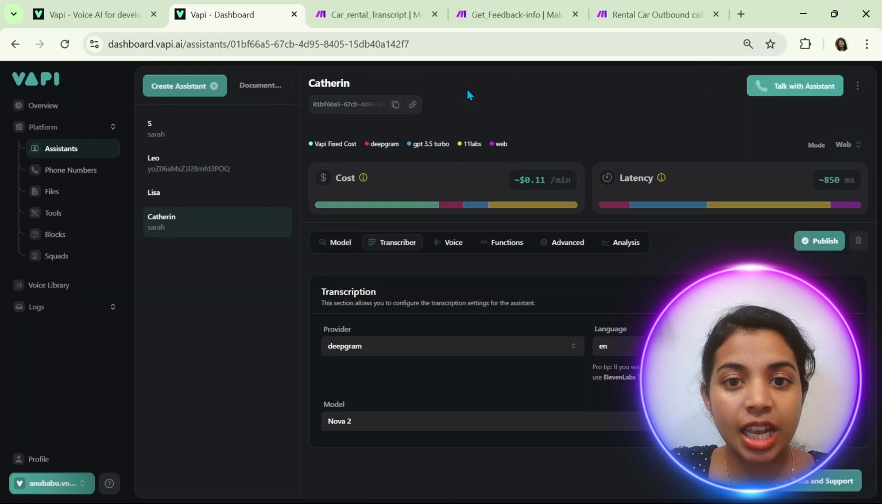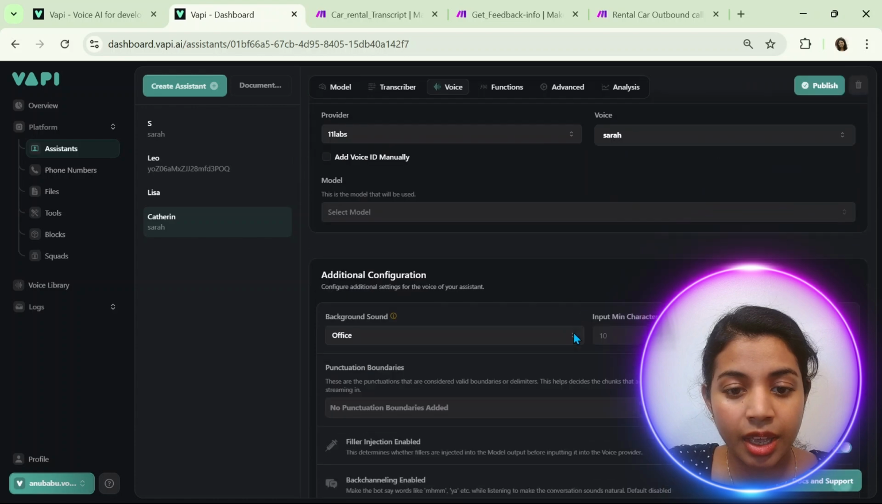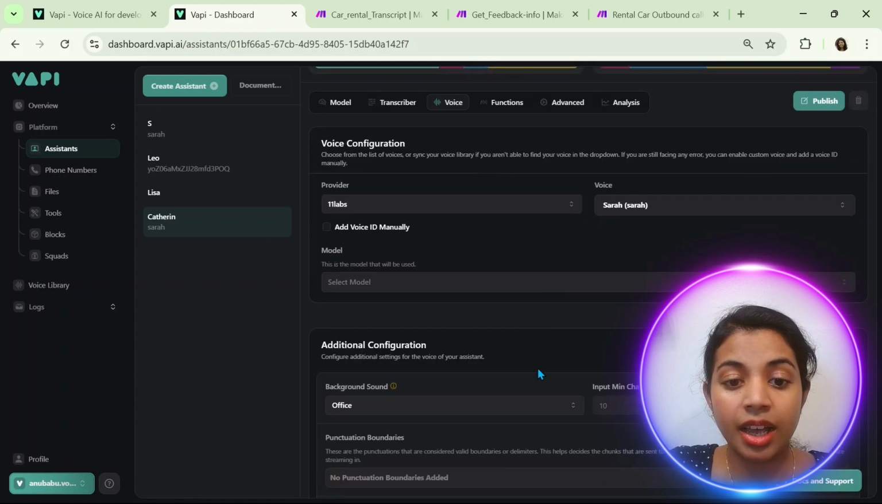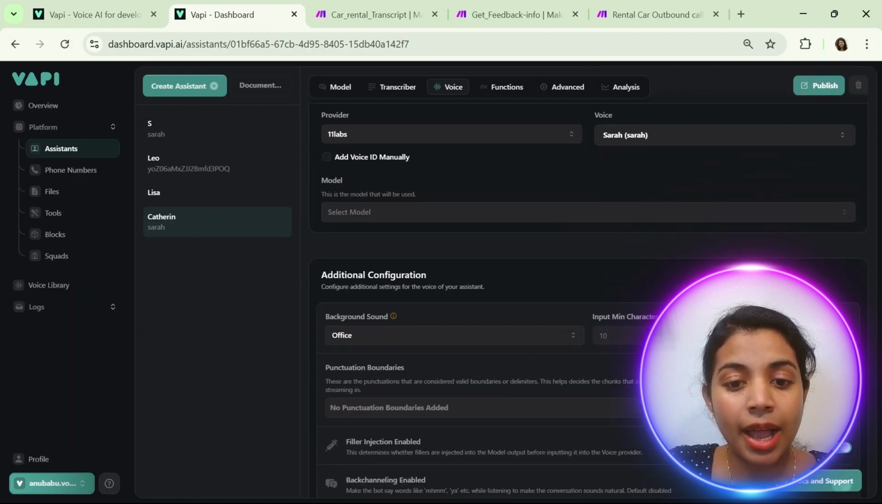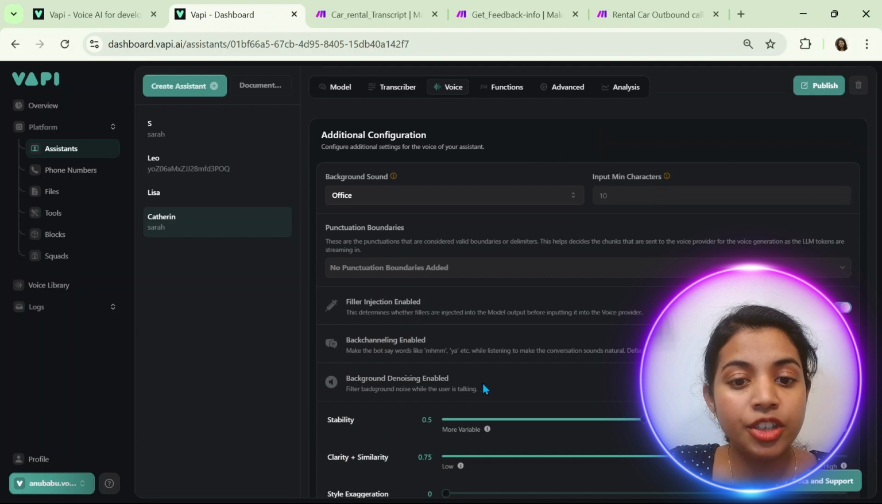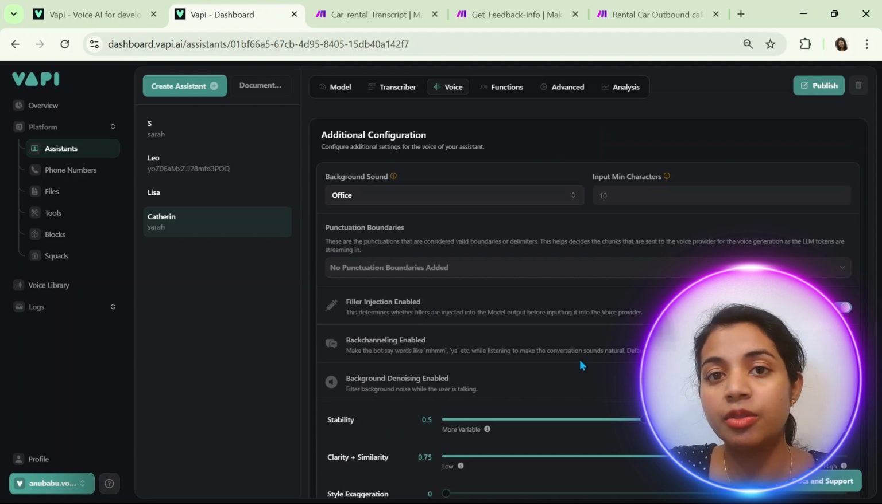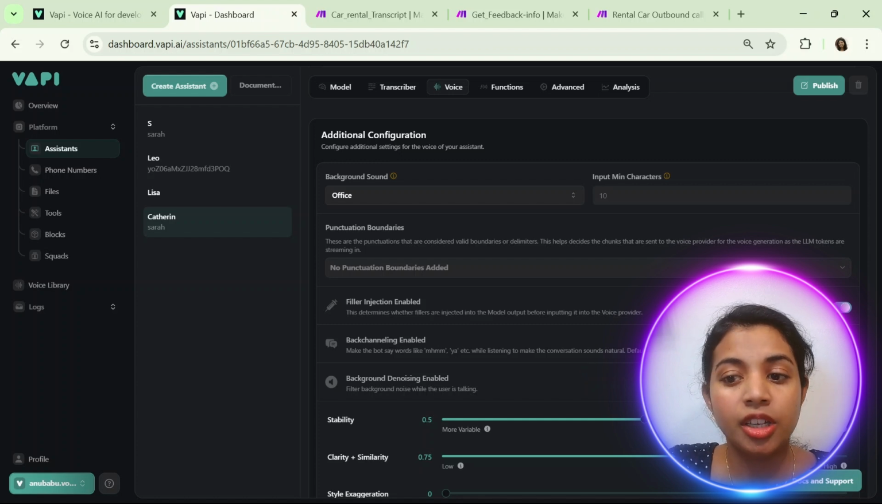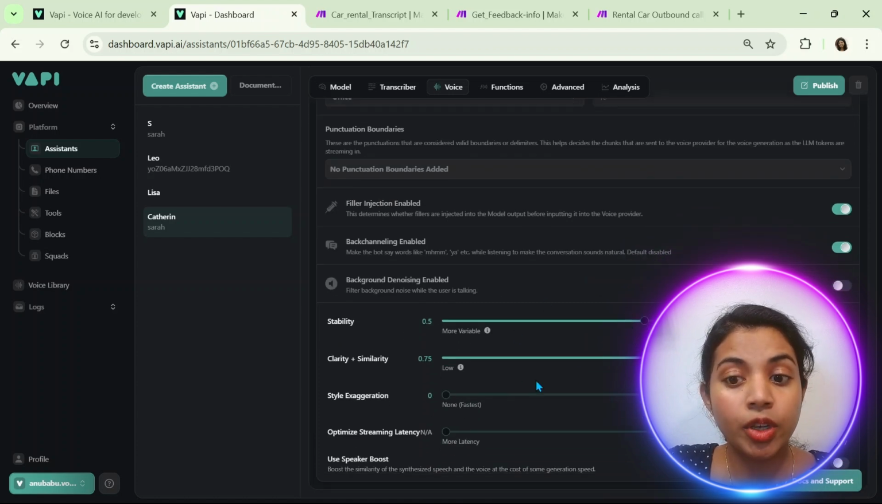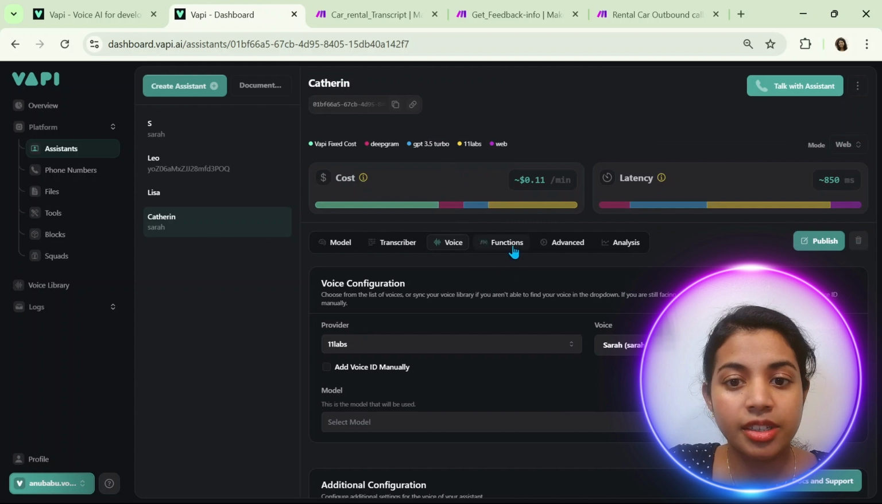In the transcriber and voice section, we have given the provider, language, and model, the same as in voice. Here, if you like, you can give background sound, filler injection, and backchanneling, which make the assistant sound more like a human. If you want, you can toggle that, and you can also play around with the stability and so on, but be careful to check the behavior of the assistant after changing these values. And inside the function section,